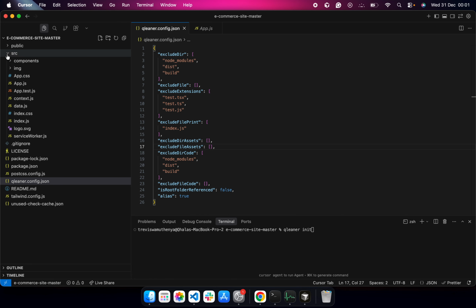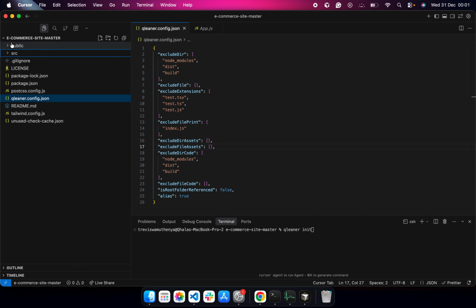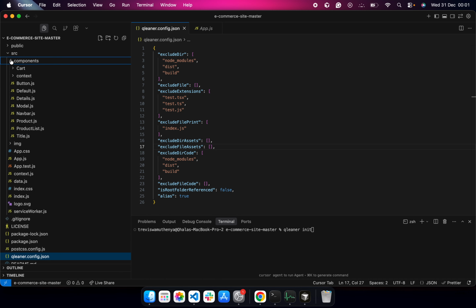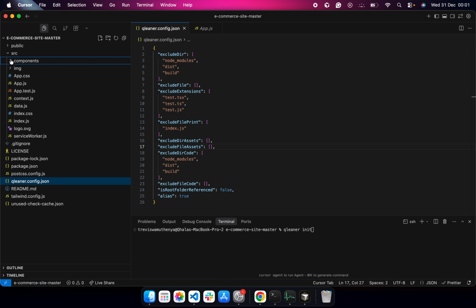I just see there are two folders. There's one public, there's one source. We open the source folder, we find that it has the image folder. We have another one, the components folder, and then it has app.css, app.js, the data, the index, etc. All right. So we would like our Qleaner to go through everything that deals with JS, TS, and then help us identify